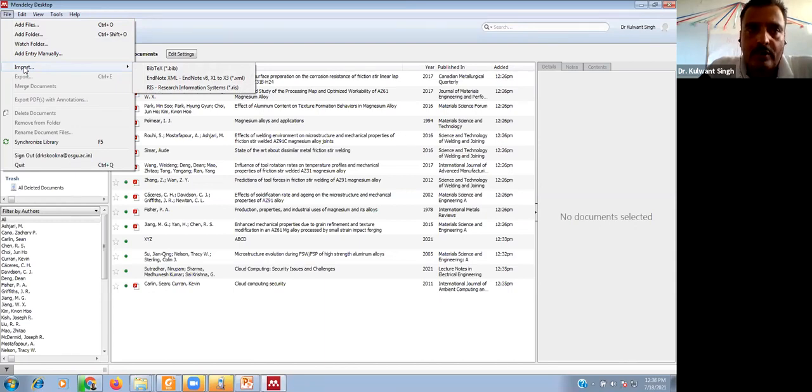And to import, there are three acceptable formats for Mendeley. First is the .bib format, second is the EndNote .xml format, and third is the .ris format. If you have an exported file of any other reference manager software in these three acceptable formats, then you can directly import the references from that other software.